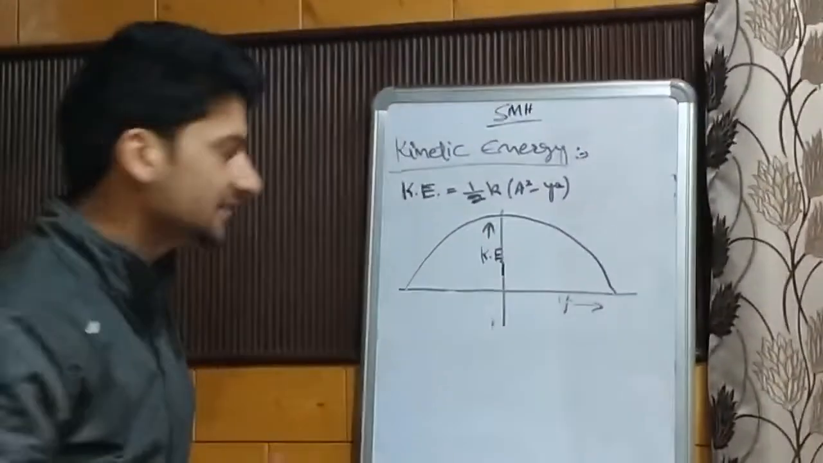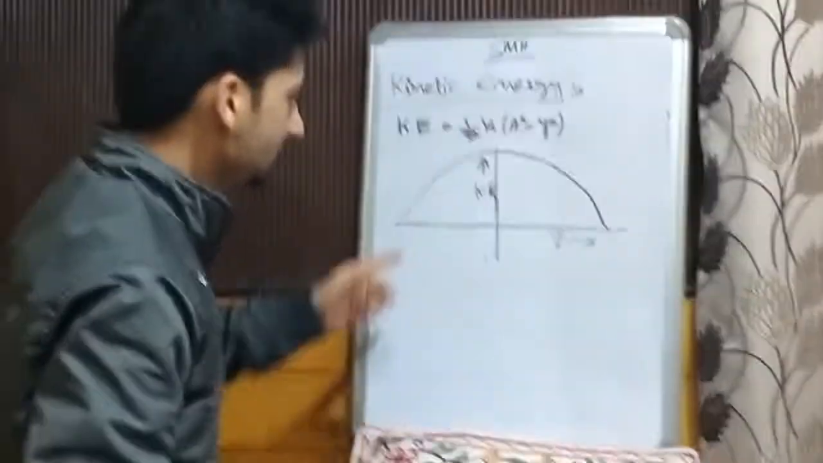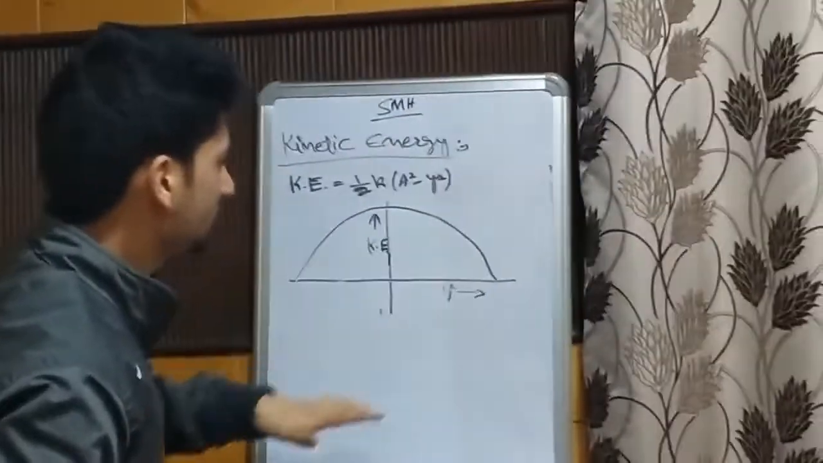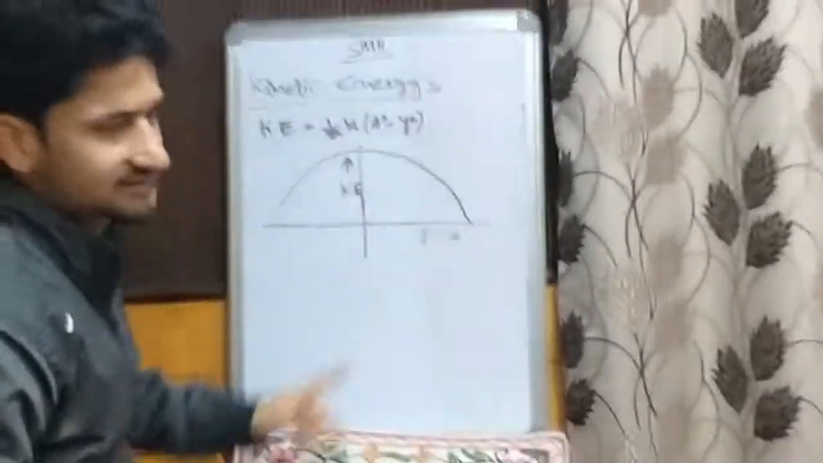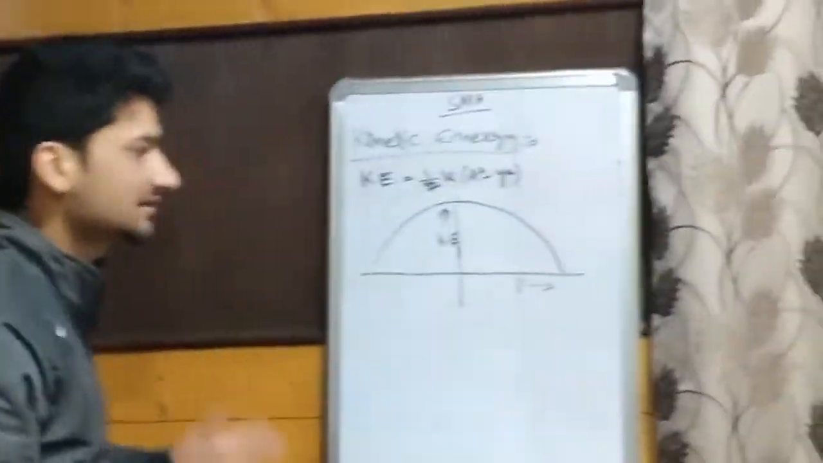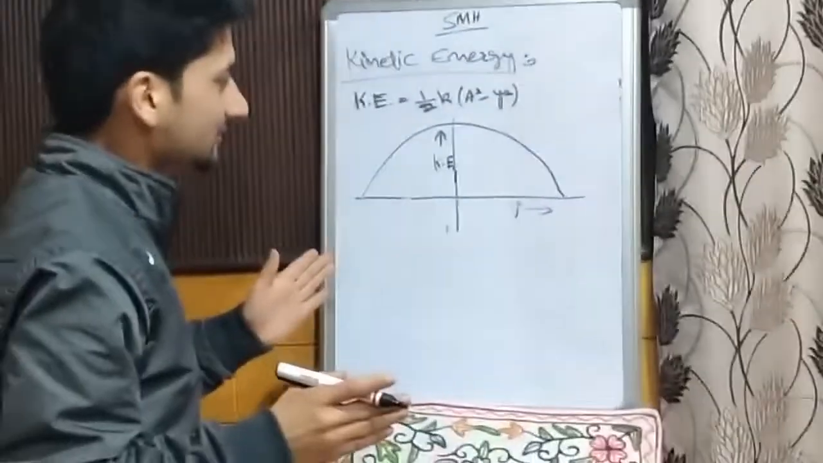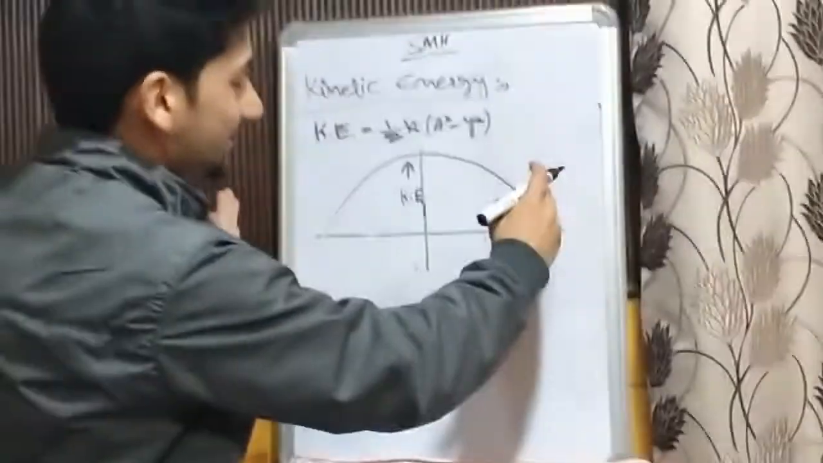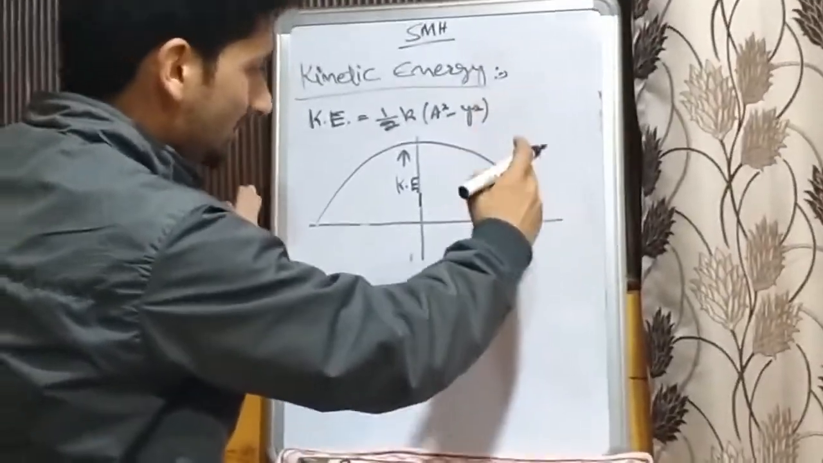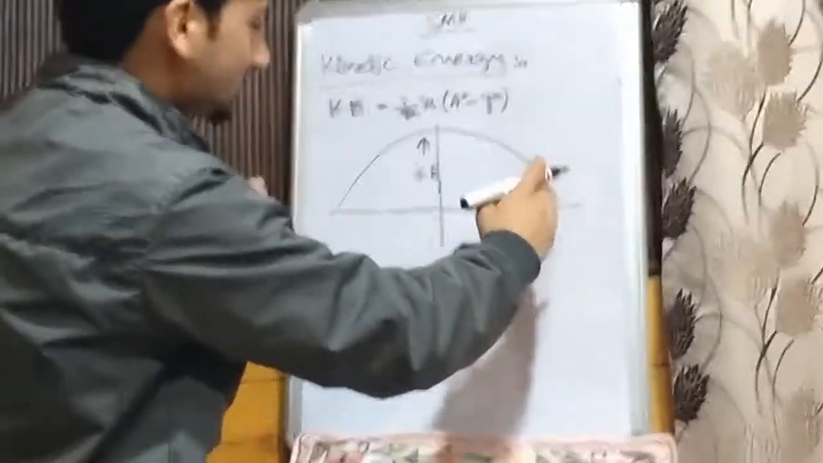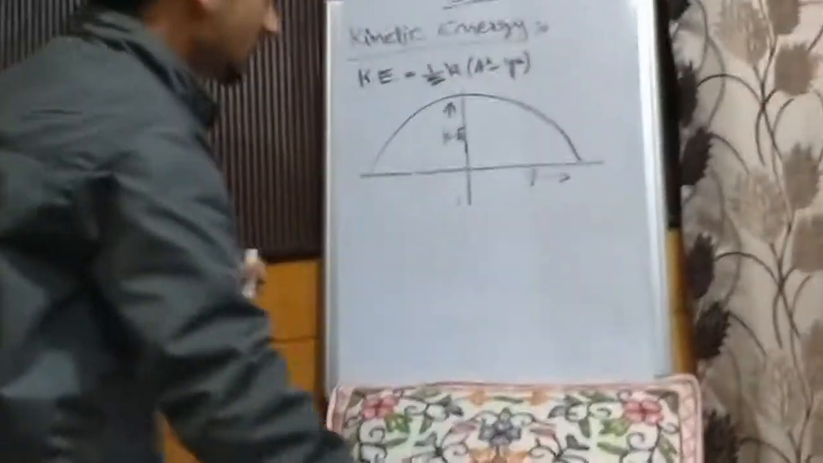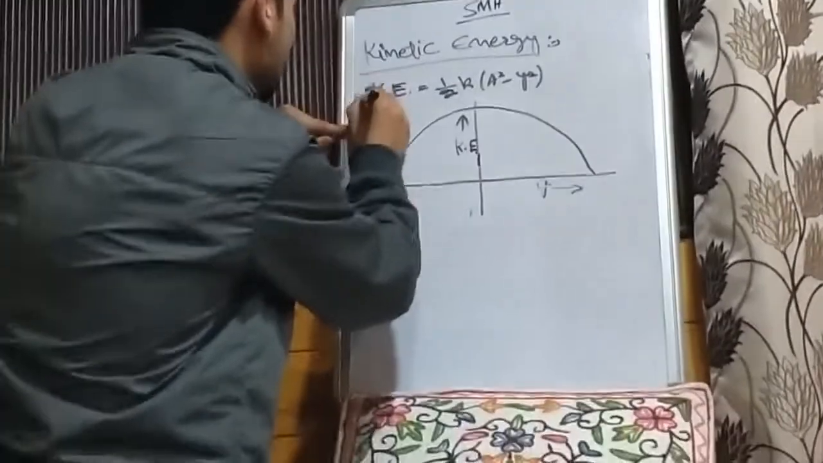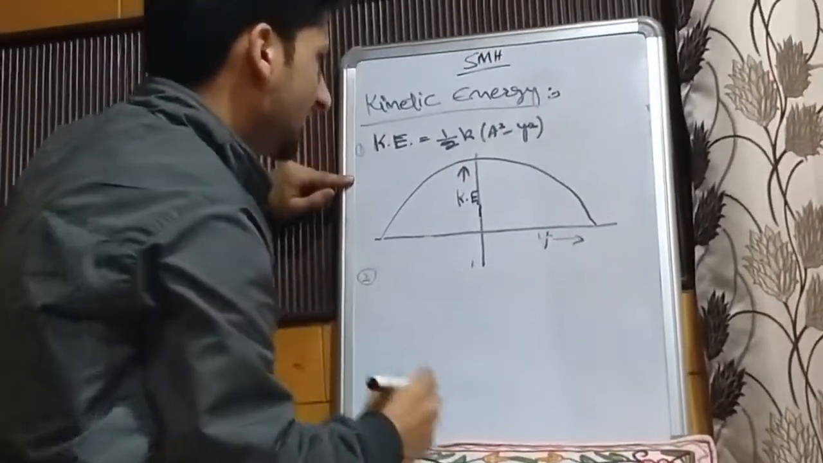So this graph clearly depicts that kinetic energy is maximum at mean position and minimum at extreme positions, and is actually zero at extreme positions. It's because of the fact that we have already learned that velocity is maximum at mean position and it's actually equal to zero at extreme positions. So this was the graph between kinetic energy and displacement. Now there is another graph of kinetic energy,